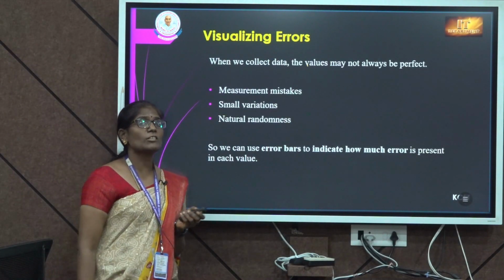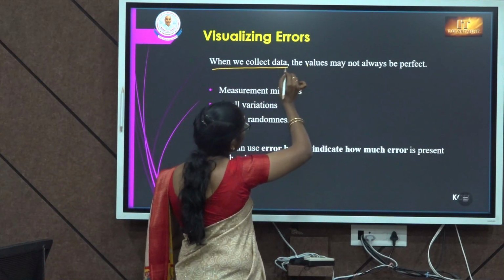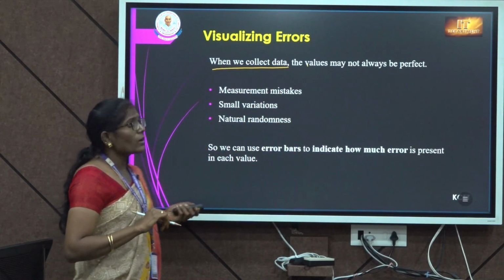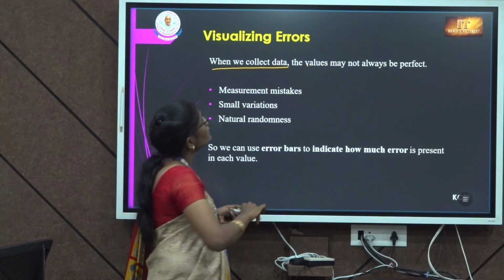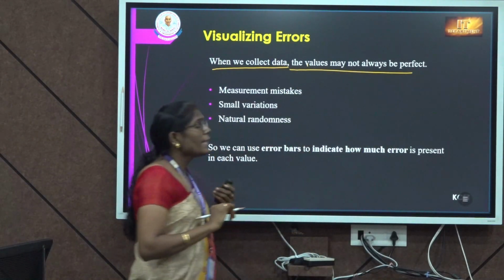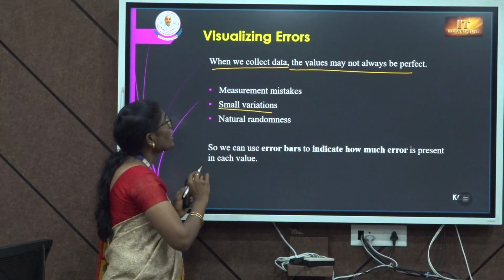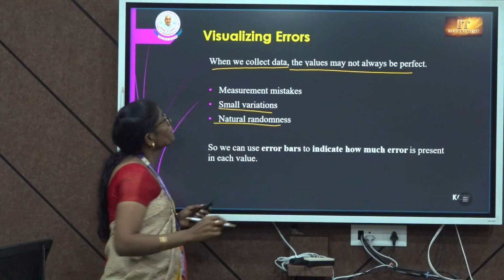Next topic is visualizing errors. When we collect data from the real world, like how long a student studies, the values may not always be perfect. There may be a chance of measurement mistakes, small variation and natural randomness. Here,